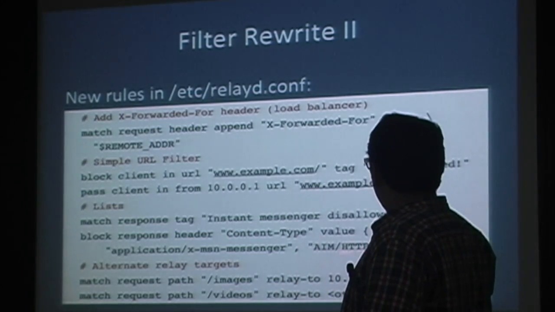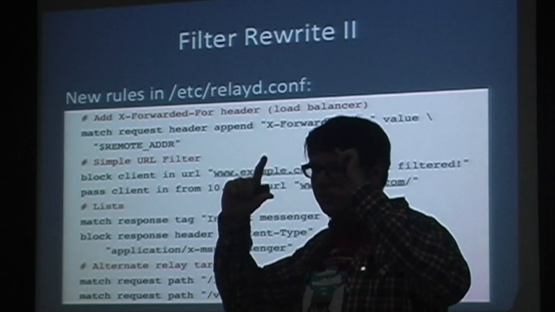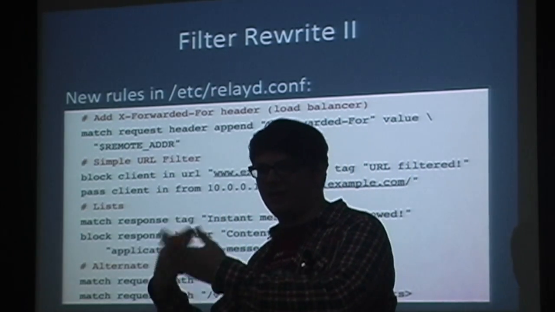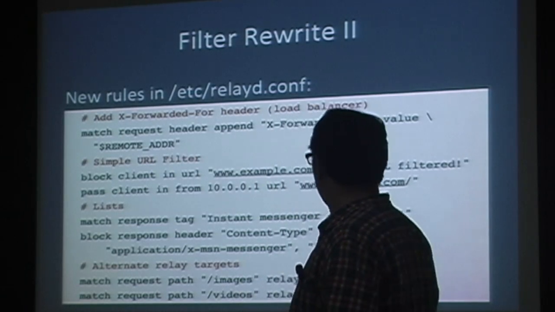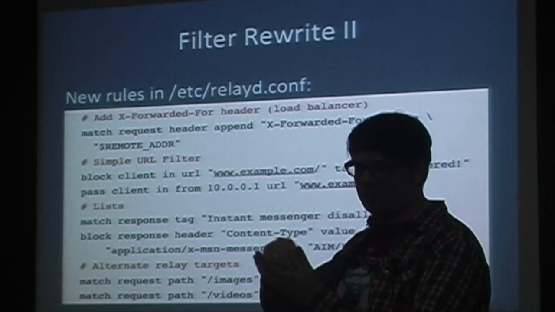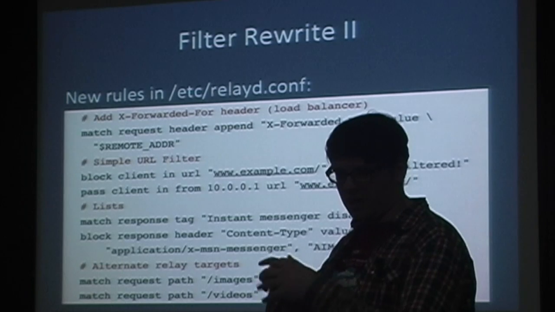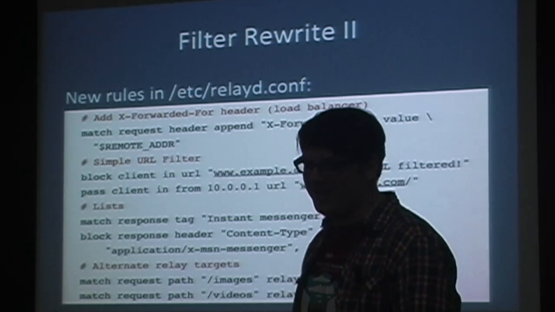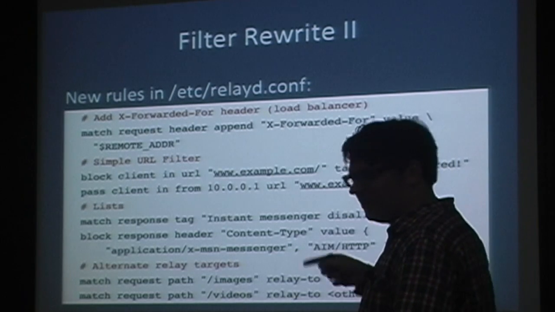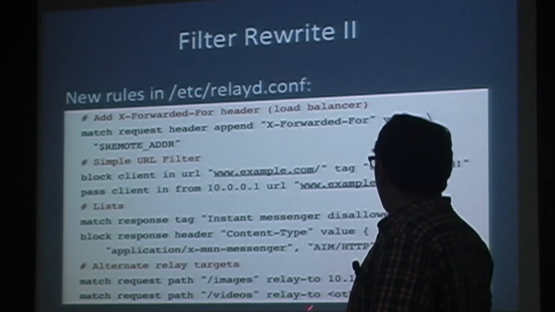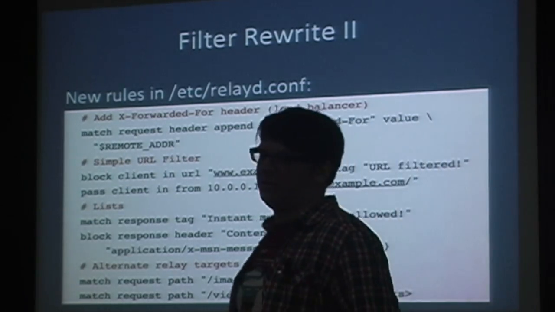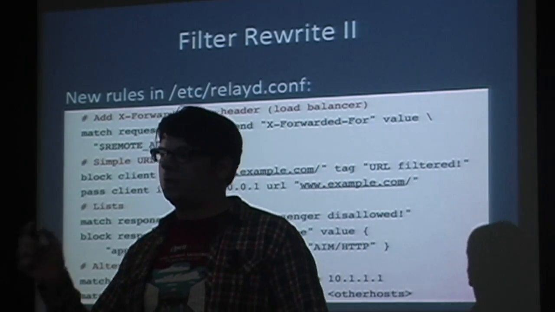You can define lists. I'm not using the table syntax here, because the tables are already used for the health checks in RelayD. So I'm using it as a list, but internally it will be like a tree-based lookup or some hash. I don't know, I have to talk to Jörg maybe to find the best algorithm, but it will be a quick lookup.